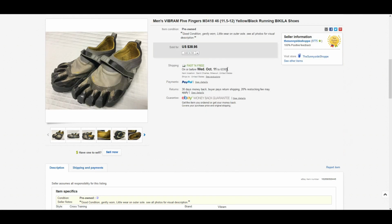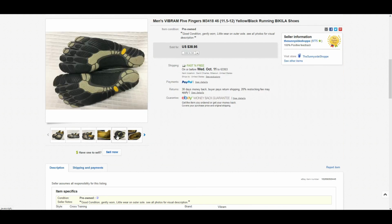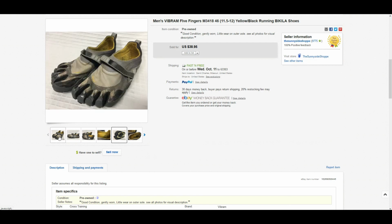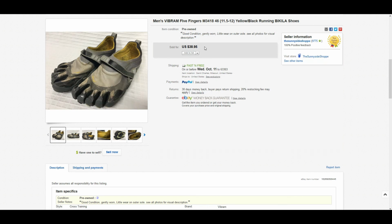These came from Goodwill Outlet. Posted these a little cheaper than I wanted to, but again, I'm going for quick sales here, so I'll take a $3 to $5 cut to get these sold quick. And I listed those on the 28th. They sold on the 29th for 40 bucks. They don't weigh much at all. If you guys are familiar with these, they were in really good shape too. They look dingy in these pictures, but that was the color. They were like a gray color. So again, I didn't pay hardly anything for them, and I sold them for, you know, close to 40 bucks after